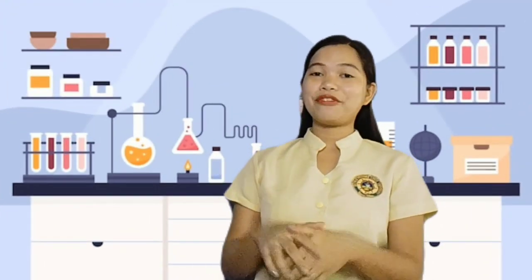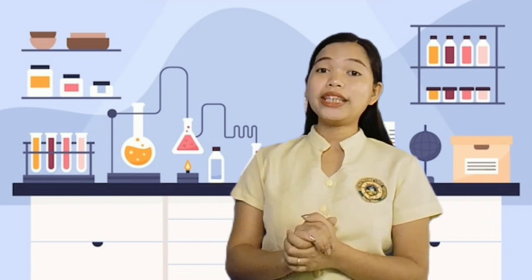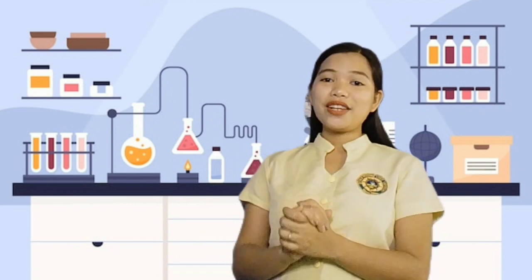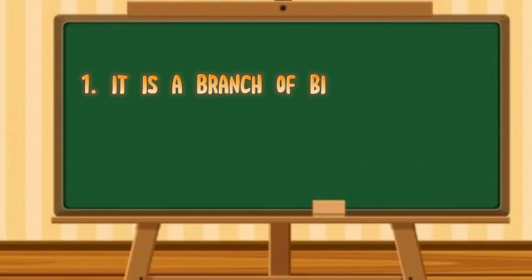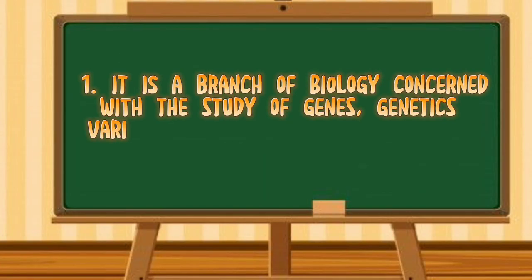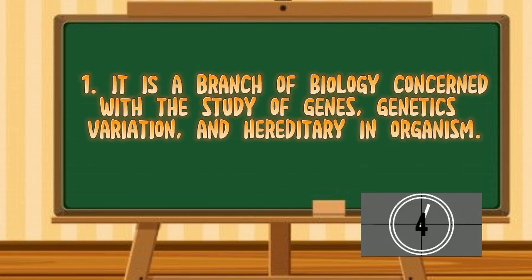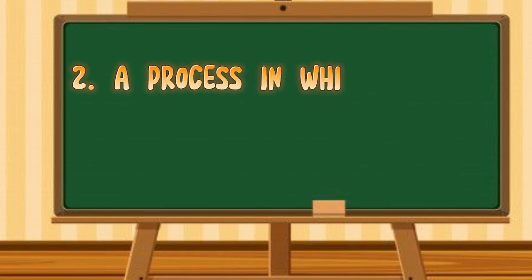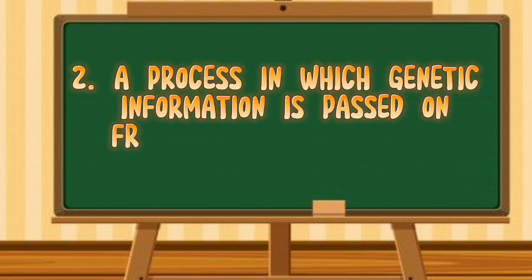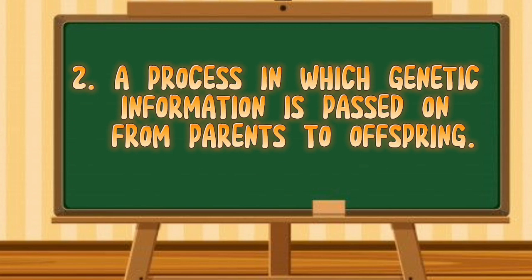But wait! Before we proceed, let us have unlocking of difficulties. These are the terms that you will encounter throughout the lesson. Alright, on to the first term. It is a branch of biology concerned with the study of genes, genetic variation, and heredity in organisms. The answer is genetics. 2. A process in which genetic information is passed on from parents to offspring. The answer is